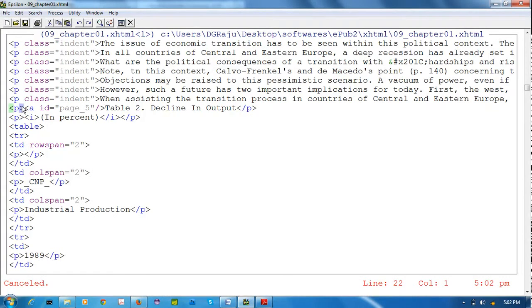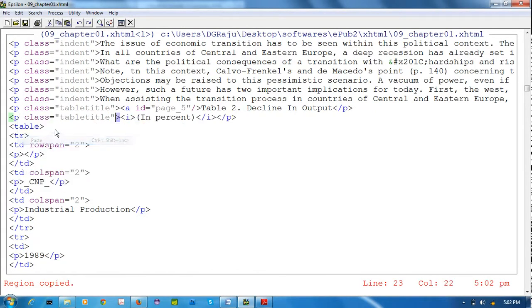Table 2, this is the table title, so space class equal to tab title, otherwise you can use table title also. This is also a table title, but table subtitle.